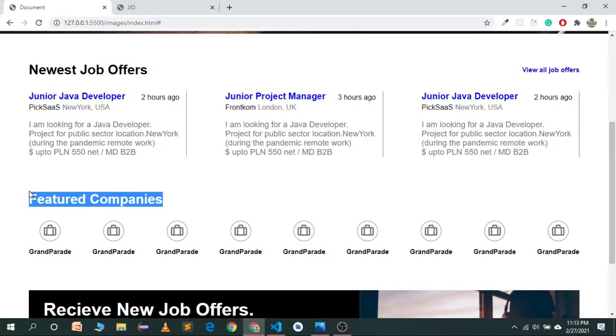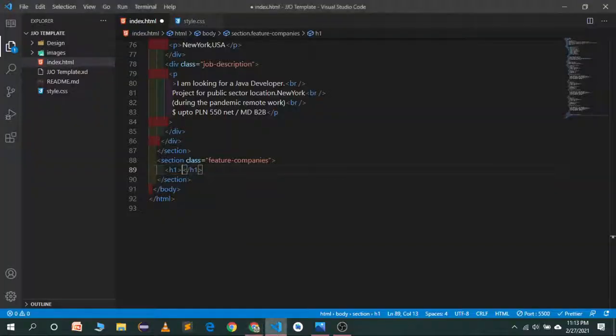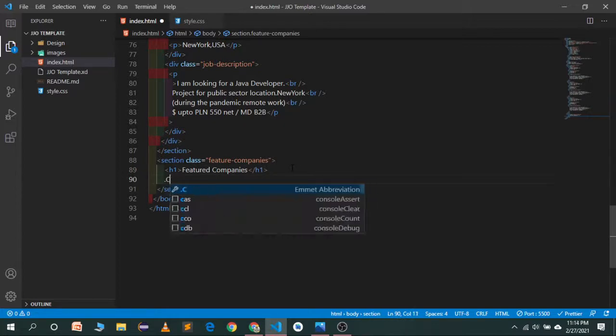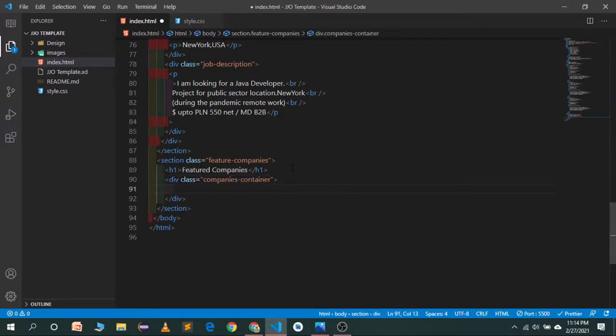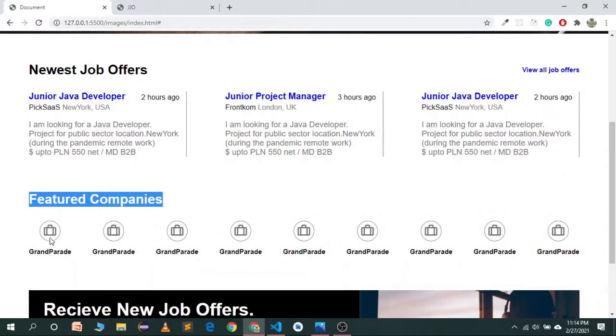Let's copy this, go to the code editor, use this heading, and under this we have a container which will be companies-container. In the companies container what we have is an icon.